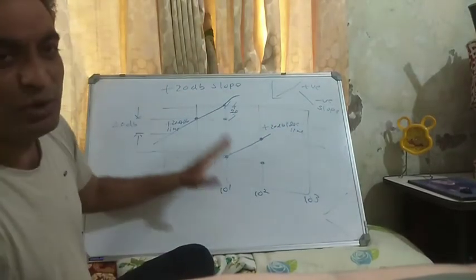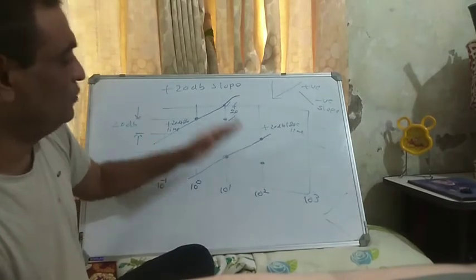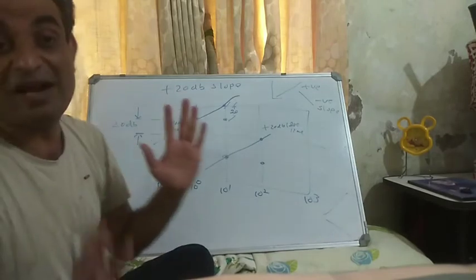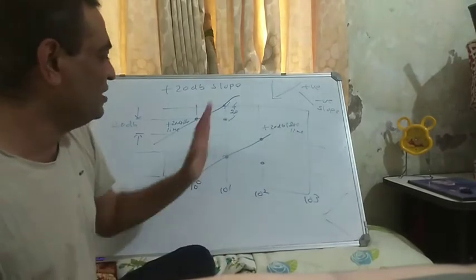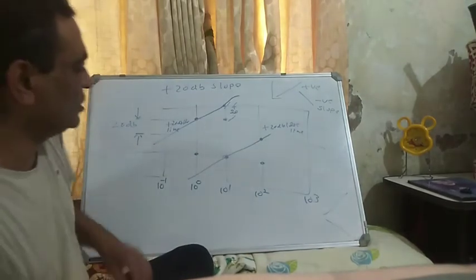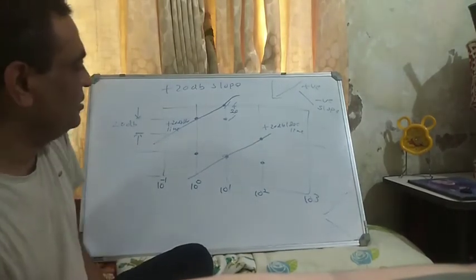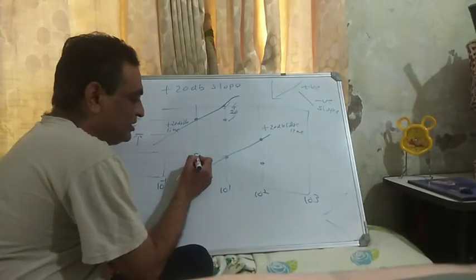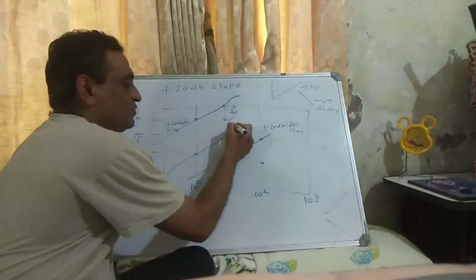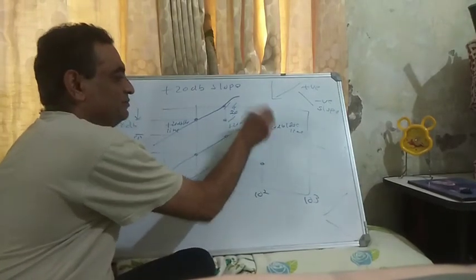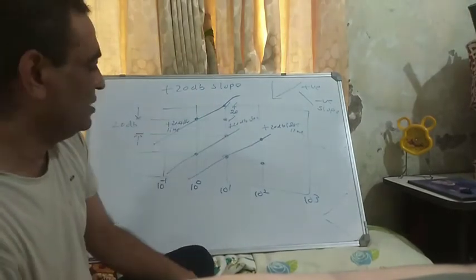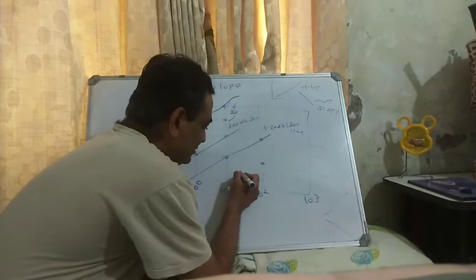Now, any 2 lines, or any n number of lines, whose slope is plus 20 dB per decade in the entire semi-log graph paper are all parallel lines. Now let's say for this point I want to draw a slope of plus 20 dB per decade. I will go from this to 1 decade here, then plus here. So this is plus 20 dB per decade. I hope you understand how to draw a plus 20 dB per decade line. Alright, let's say the point is here in between, not on the grid.